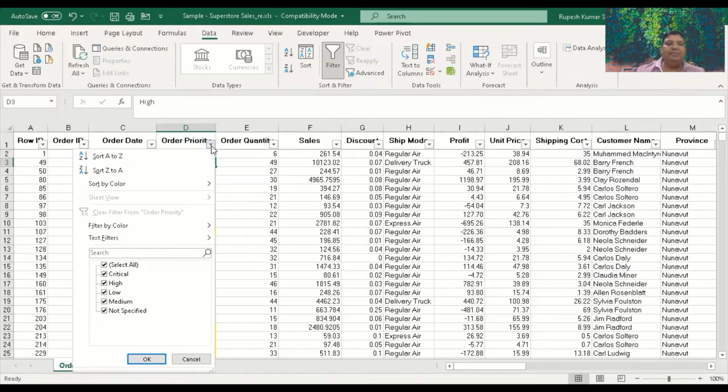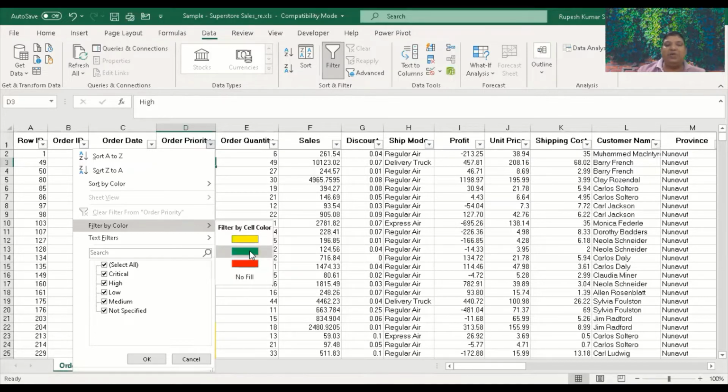So click on the small drop down button and after that you see filter by color is coming and you can see the color yellow, green and red. These three colors are coming because I have given different colors to cells and those different colors are yellow, green and red. If you are going to apply more color, then those colors will also be appearing.